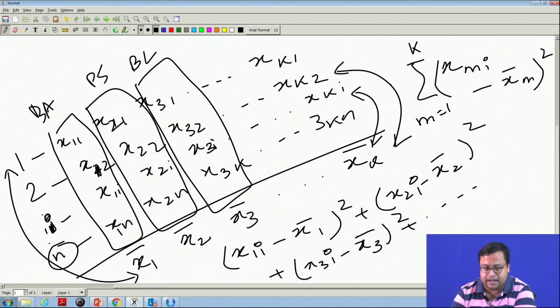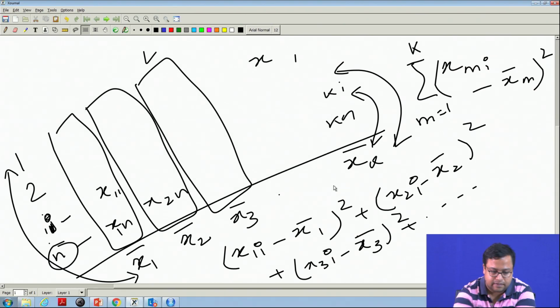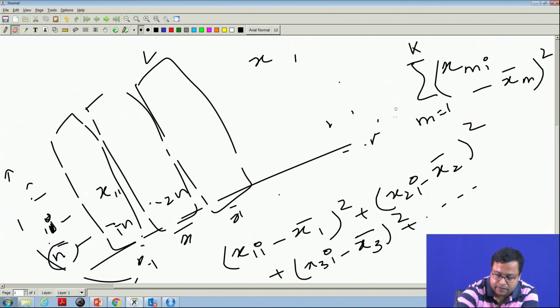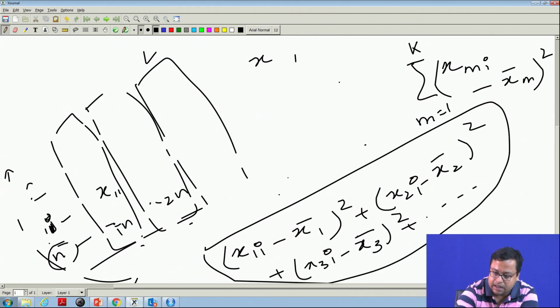So, I can write this part, carefully see. I will just rub this off, so that we can understand it properly. So, this is the part that I am focusing on. I can write the equation that has been written below this equation as this, and that is the distance.